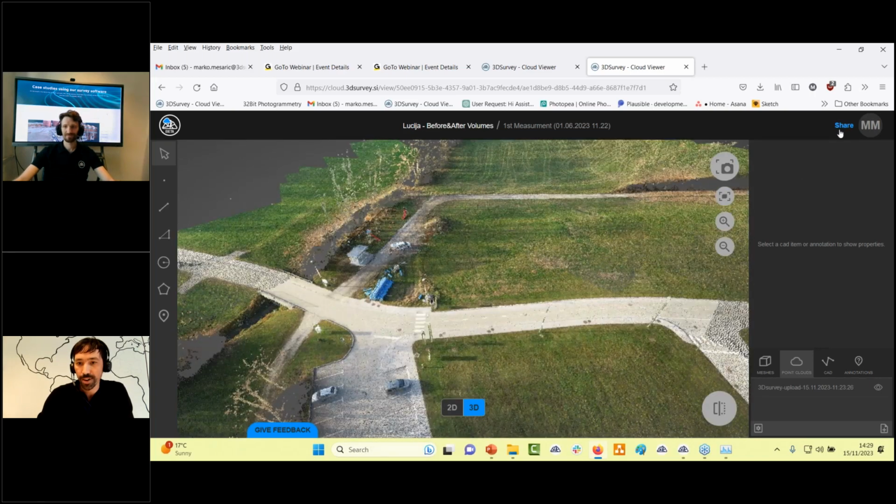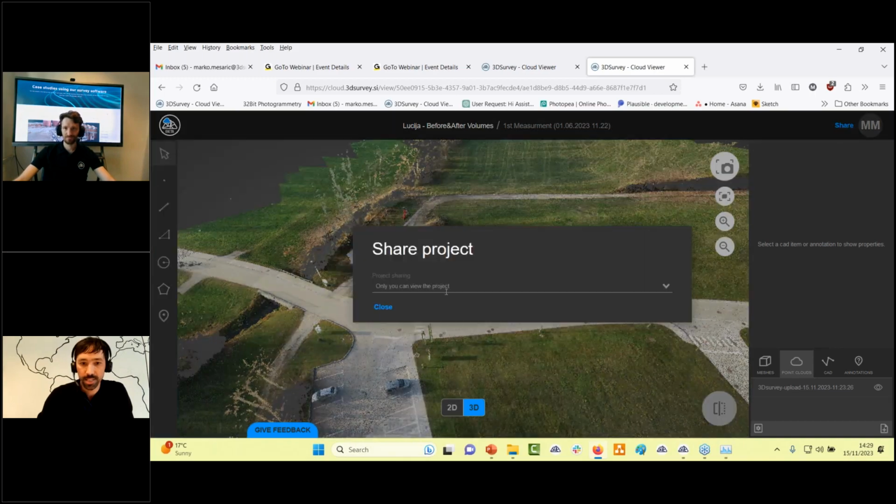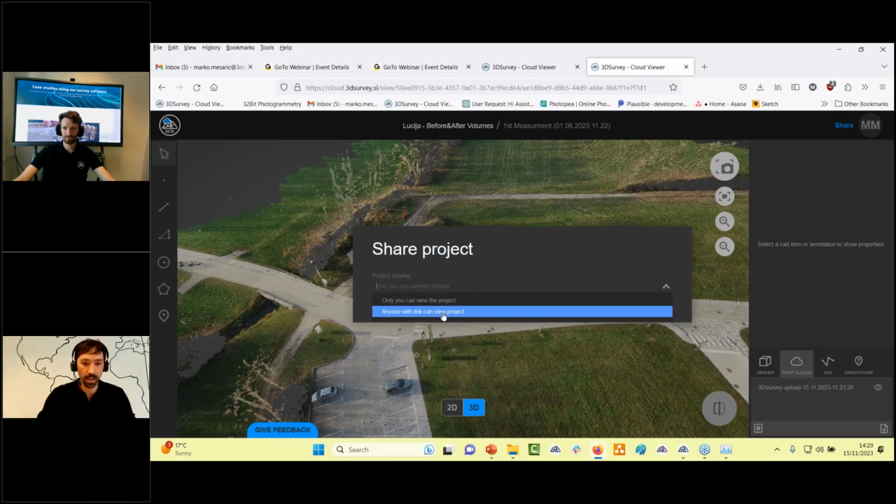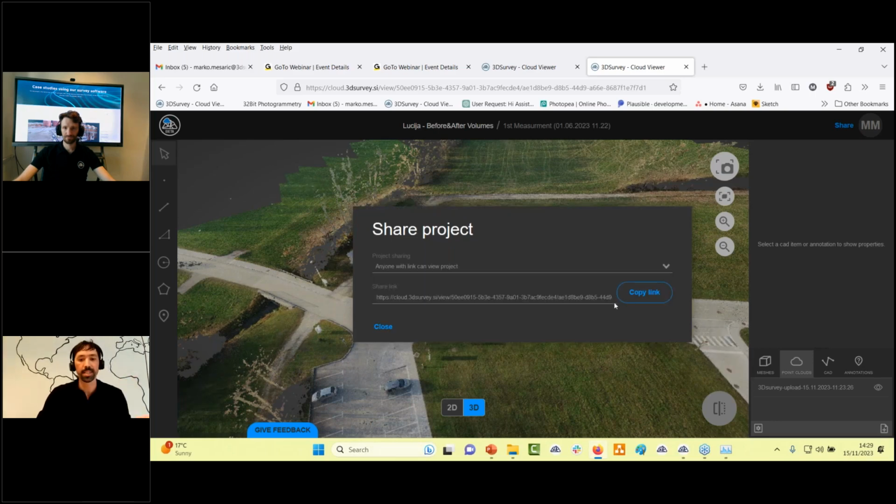On the upper right side, you have a share button. "Only you can view this project" means that just you can view this result. "Anyone with this link" means that when you share this link with your customers, they will be able to click on this link and see those results in the browser. If they have a computer, a tablet or maybe a phone, they can simply observe the data in the browser. I will now copy this link